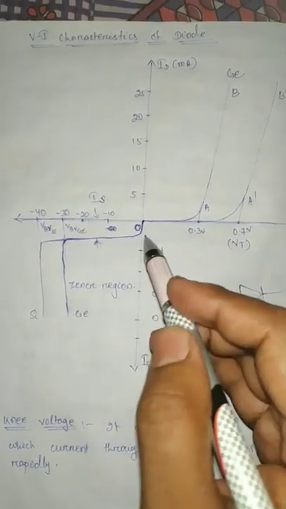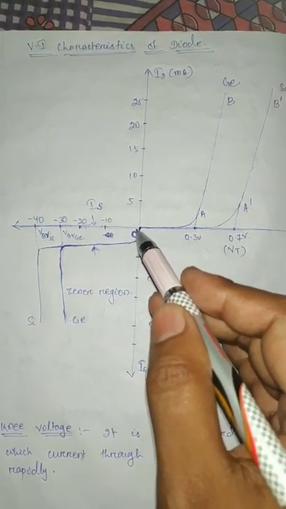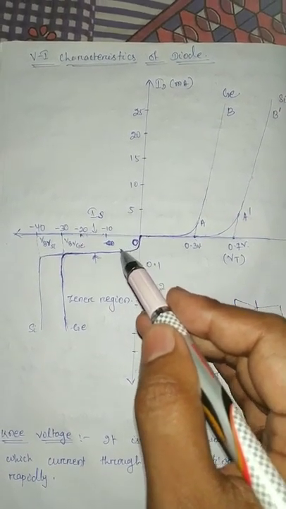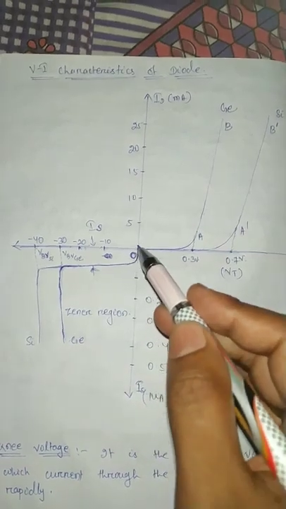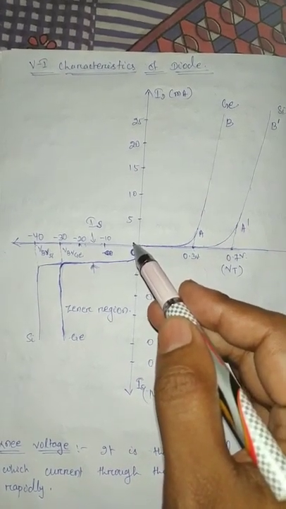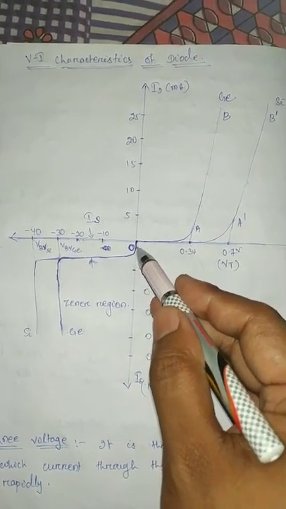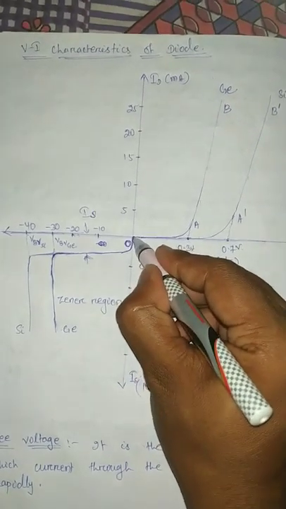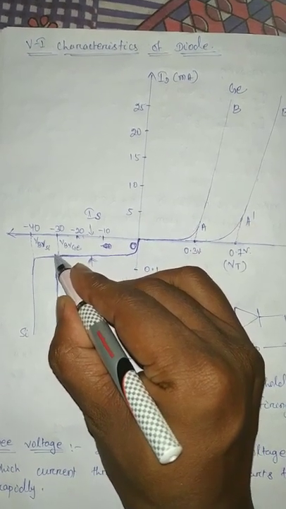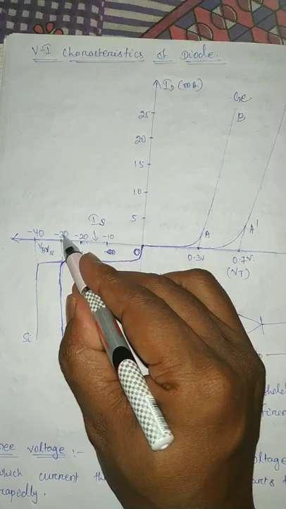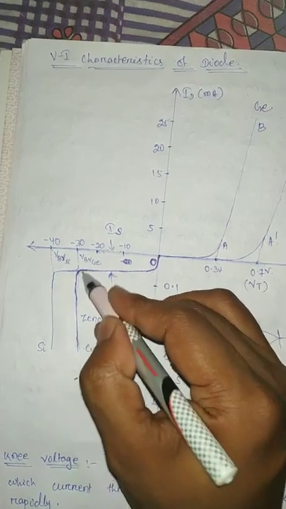In case of reverse bias, as you know, there will be no current flowing through the diode due to majority charge carriers. Only current due to minority charge carriers flows through the diode. That current is known as reverse saturation current. If you increase the reverse voltage, the reverse saturation current first increases very rapidly, as you saw in this graph, then becomes almost constant up to a level. When the reverse voltage reaches the breakdown voltage, the current increases very rapidly and very sharply.